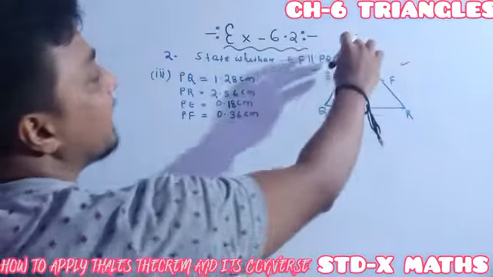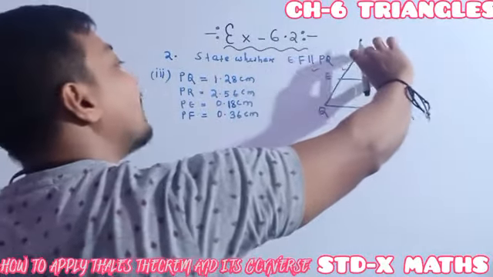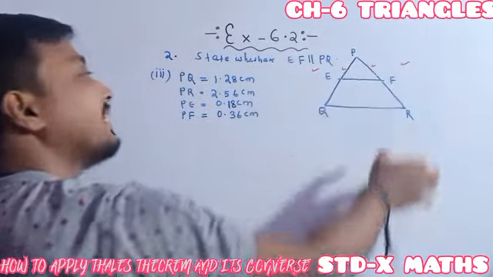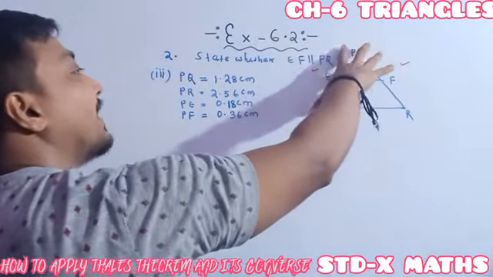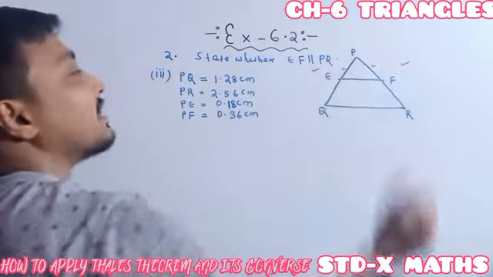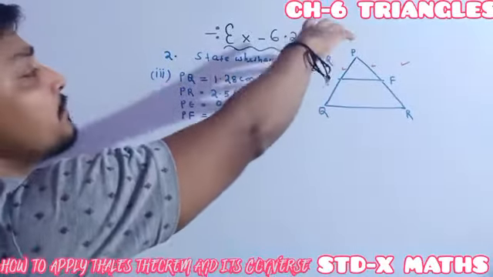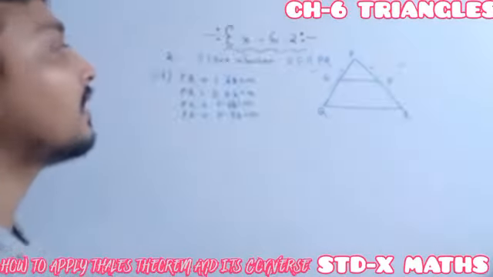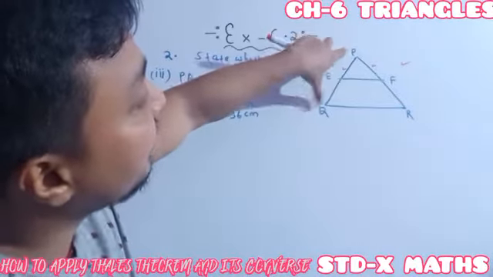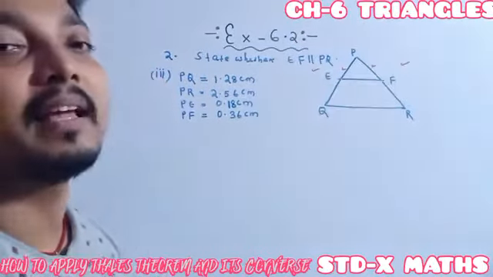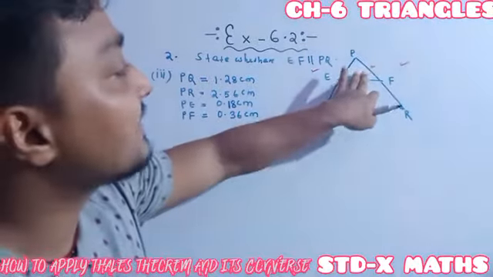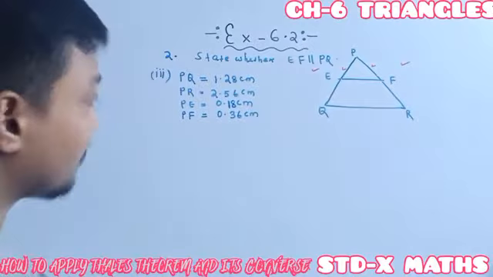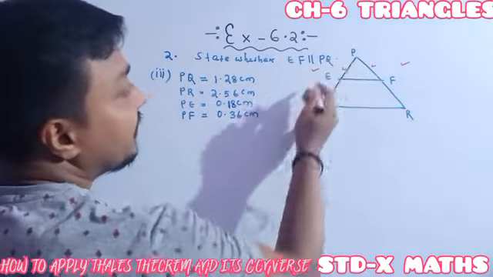You can check it by using the formula: this one divided by this one is equal to this one divided by this one. Actually, the Thales theorem says this one by this one equals this one by this one. Also, this one divided by the larger one is the same as this little one divided by the larger one. Otherwise one can take the reciprocal. If this one divided by this one is equal to this one divided by this one, then we can say that this line segment is parallel to this line segment, according to the converse of the Thales theorem. In the converse of the Thales theorem, smaller and greater are given.